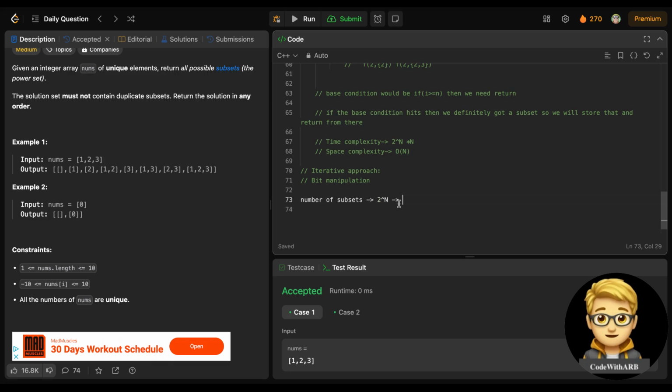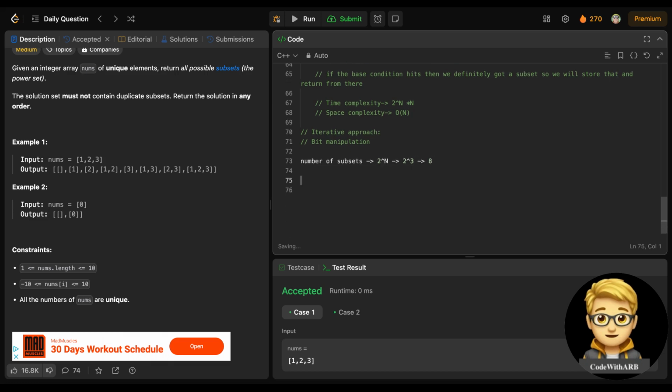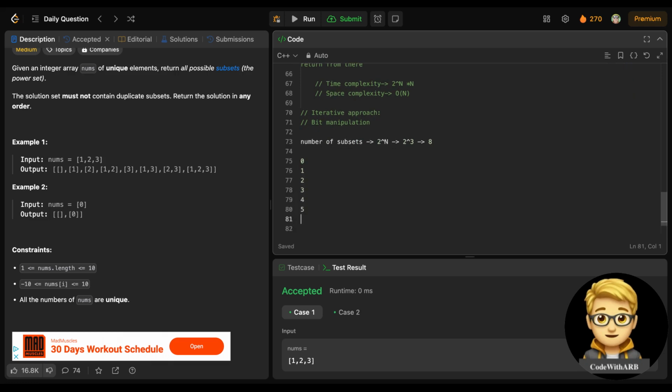So if you have 3 elements, it should have 8 subsets, and this 8 means 0, 1, 2, 3, 4, 5, 6, 7.